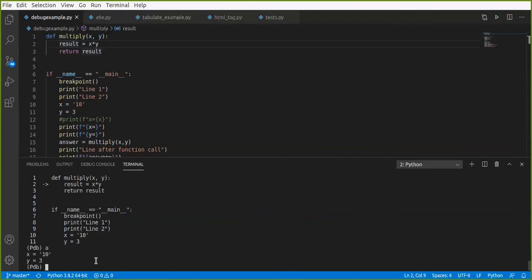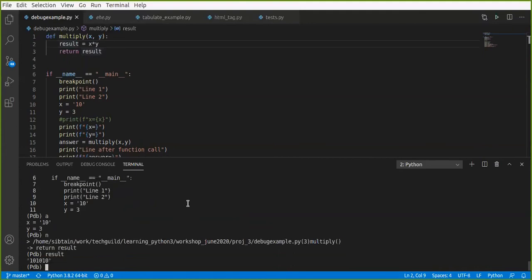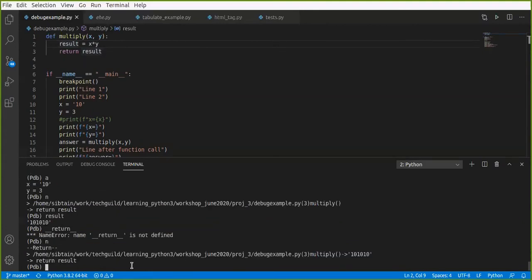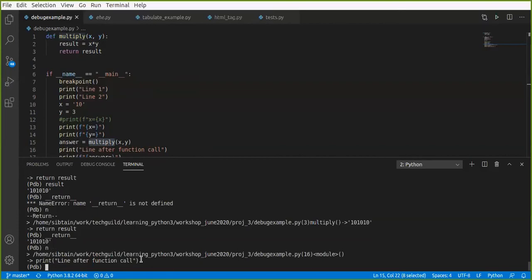I'm inside the function. I want to go to the next line, which is return result. So I'll go to n. I can print the value of result over here, so I can see what the result is. So it's 10, 10, 10. Let me do a next over here. And see, now I'm at return, right? So once I reach return, I do __return__. This will tell you what the function is going to return, because now is the time that the function has executed the return statement, and it's going to return the call back to the place from where it has been called, and the value will be assigned to answer. So now I do an n. So I'm on the next line now, and I do c to continue.